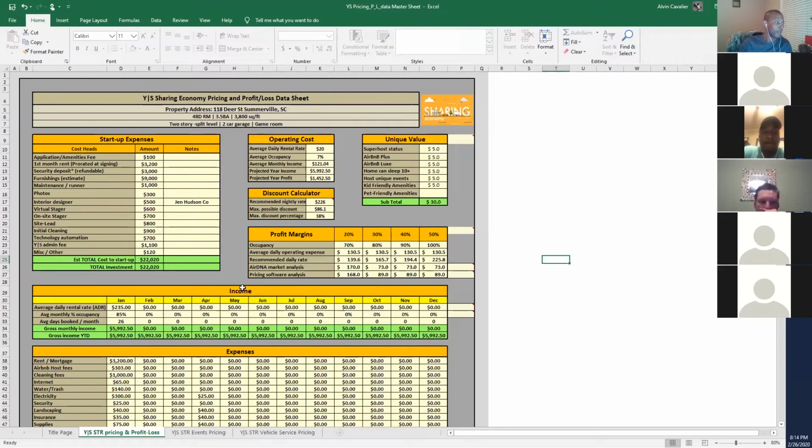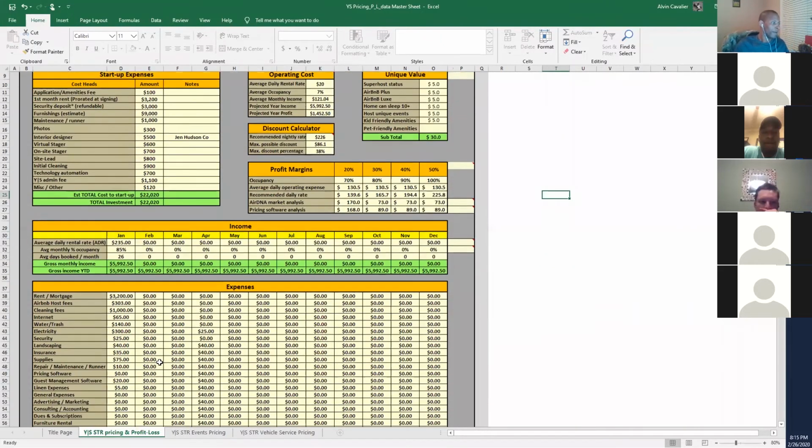I'll come down here to the income, and this just over time gives you a snapshot of your income. So what happens here is you pull your numbers from your service platform and just pop them in there. And in this case, the example I pulled is from one of the units in Summerville, South Carolina, that had an average daily rate of $235 per night, booked 26 nights that month at an 85% clip,